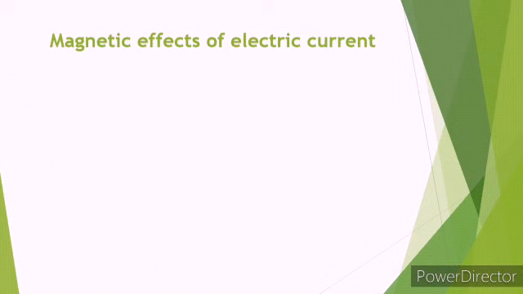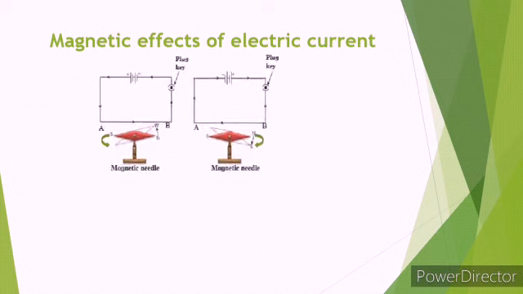Today, we observe many things working on the magnetic effect of electric current, that is, on electromagnetism. For example, cranes lifting loads, electric bells in our houses, MRI machines in hospitals. Also, magnetic strips are there in debit cards and credit cards. So today we are going to learn the magnetic effect of electric current. Very useful topic. Now observe the diagram.